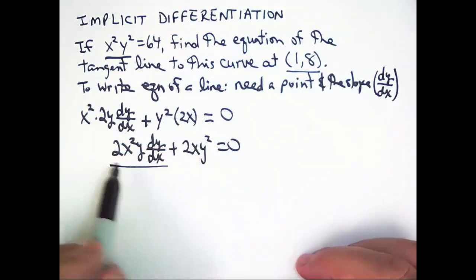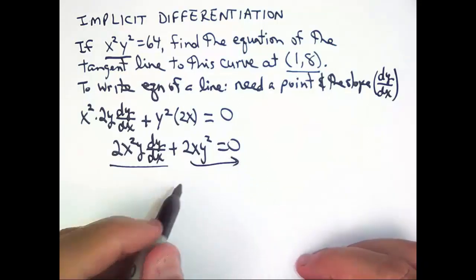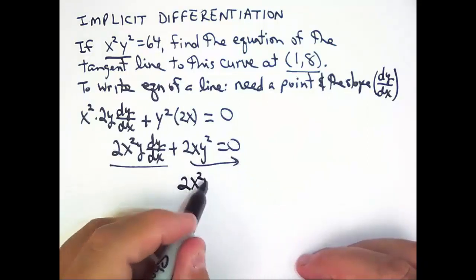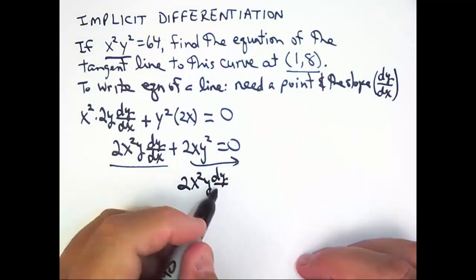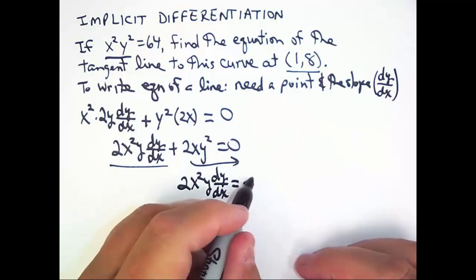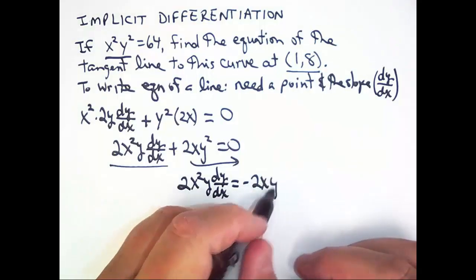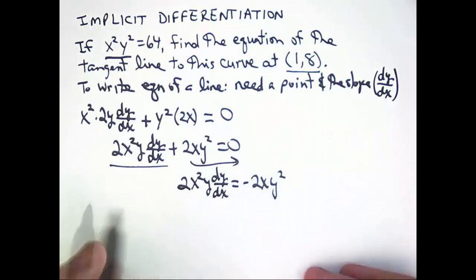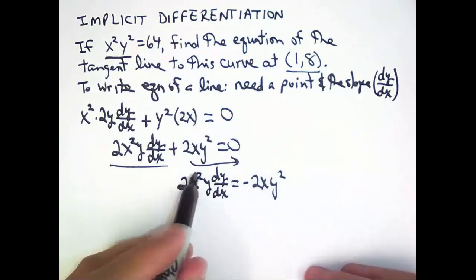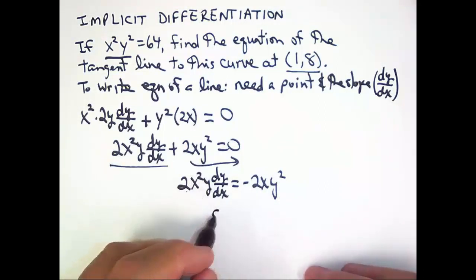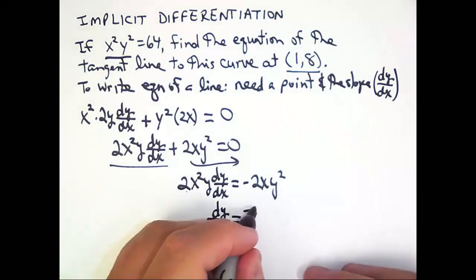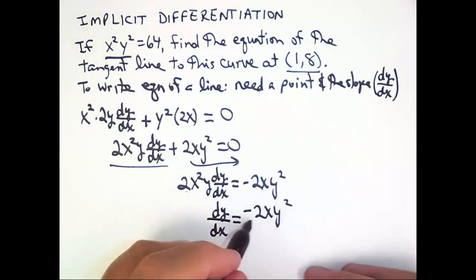So I want to leave this where it is and move this term over. So I get 2x squared y times dy over dx equal negative 2x y squared. Then if I divide both sides by that 2x squared y, I get dy over dx is equal to negative 2xy squared over